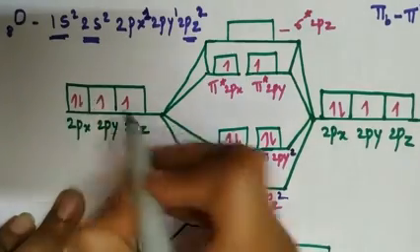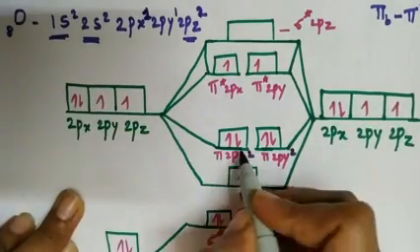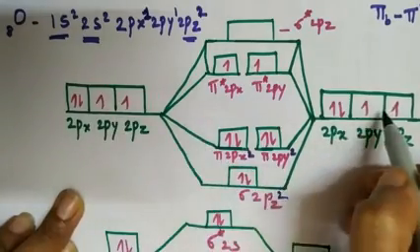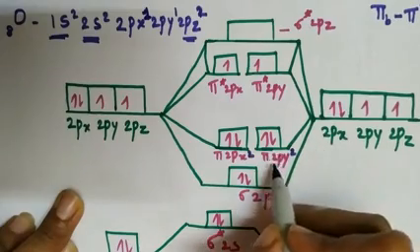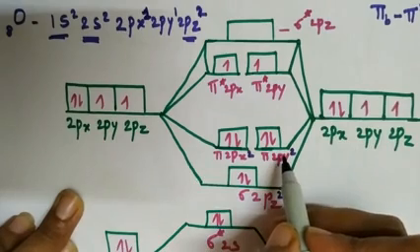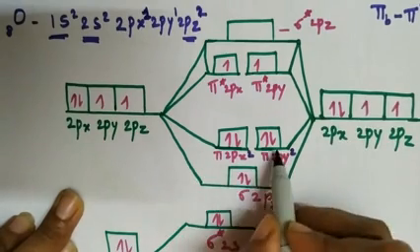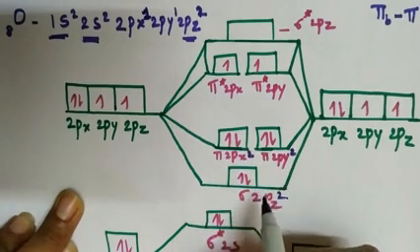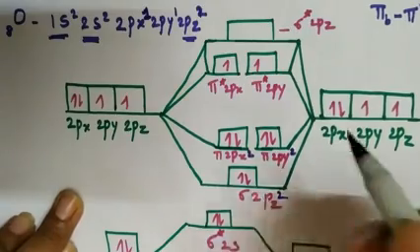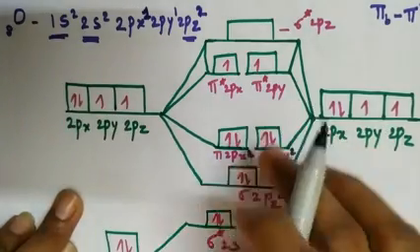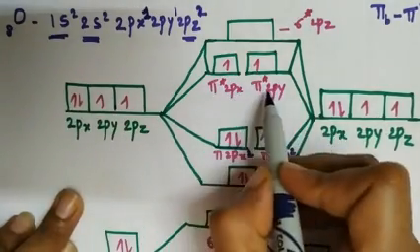So one electron from this oxygen and one electron from this oxygen for 2px. Another electron from each oxygen gives pi 2py2. One electron each of the oxygen atoms will give. So total how many electrons are completed here? 1, 2, 3, 4, 5, 6 in bonding orbitals. Now comes the part of anti-bonding. We are having here total 8 electrons. 6 are gone. Now remaining are 4.